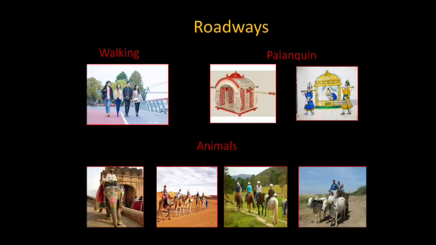Long ago, people did not have any means of transport. They used to move only on foot and carry goods on their back. At that time, palanquins were also in use for traveling, basically by the royal people. Later on, they learned to use animals for transportation. Animals like you can see in the picture, elephants, camels, horses, bullocks, etc.